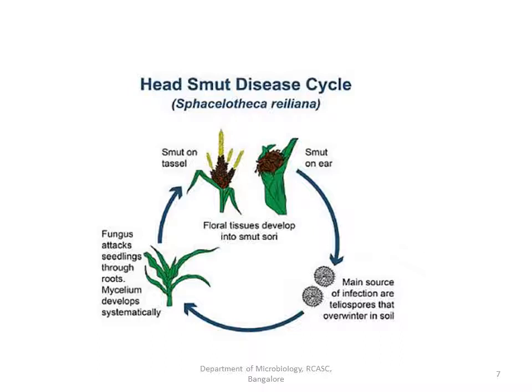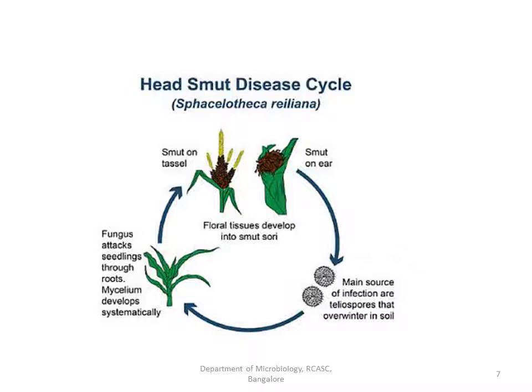Once the seed has been sown, during that particular period, these teleospores break the dormancy and germinate. The nucleus inside the teleospore, as I was mentioning before, undergoes karyogamy followed by meiosis. Formation of epibasidium happens, septa formation happens, followed by the formation of haploid basidiospores. Haploid basidiospores of opposite strain undergo a process of somatogamy to form a diploid cell.